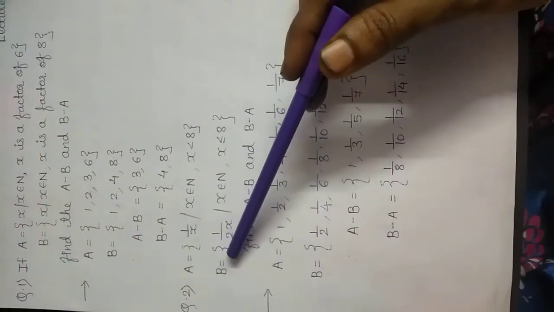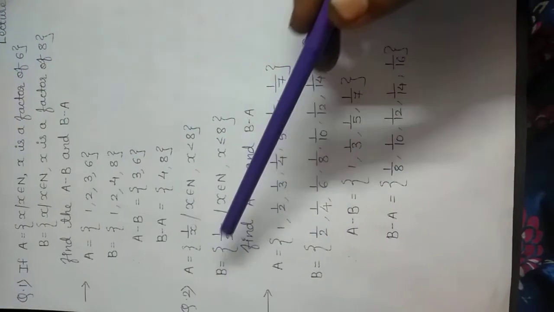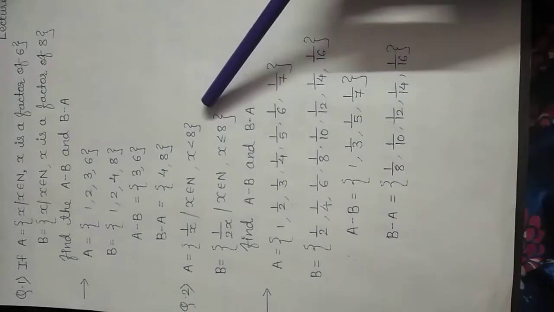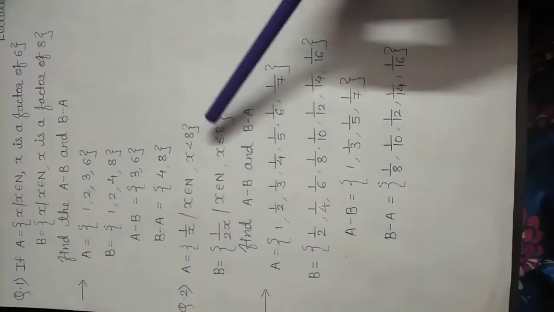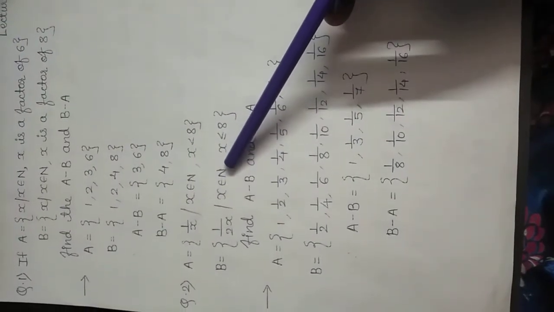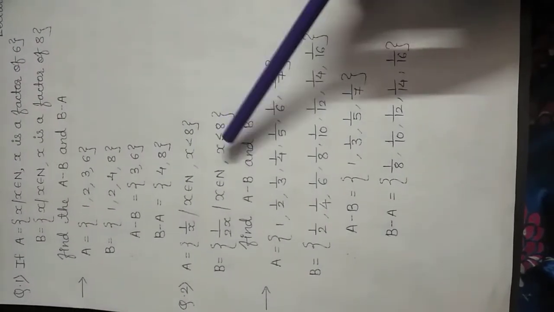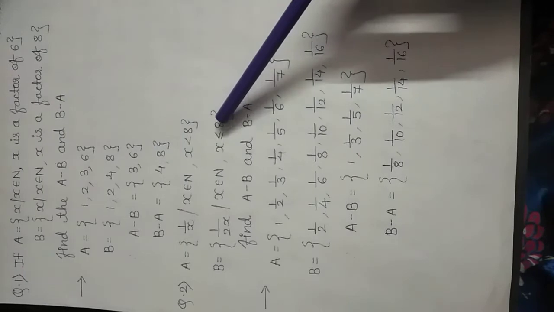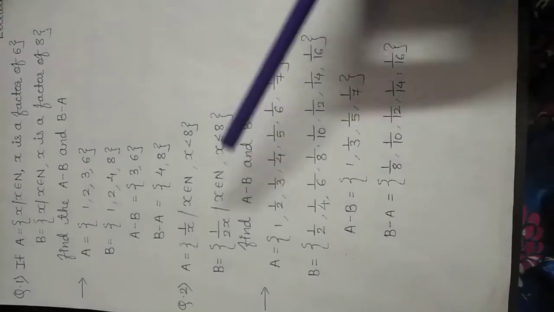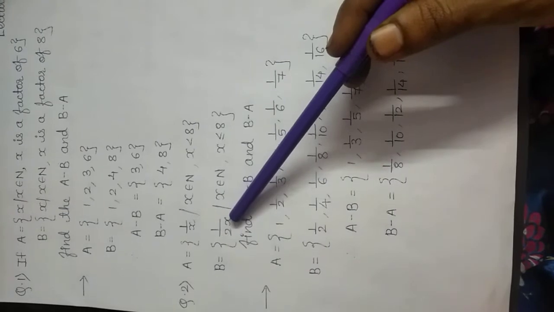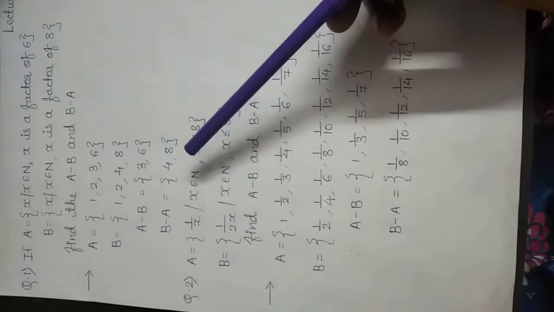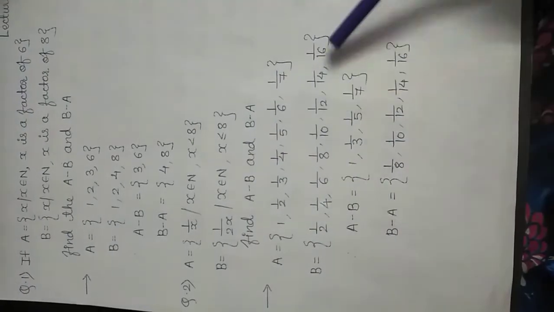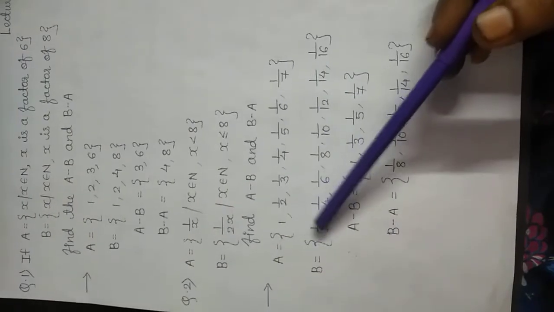Now, for finding the elements of set B, here also one by one we will substitute the value of x. And the values of x will be from 1 to 8. Here we start from 1 because x belongs to natural numbers, and up to 8 because 8 is included here, less than or equal to. So when or equal to is given, that means 8 is included. So one by one we will substitute the value of x as 1, 2, 3, 4, 5, 6, 7, 8, and calculating this we will write the corresponding element of B. So when x is equal to 1, we will get 1 by 2.